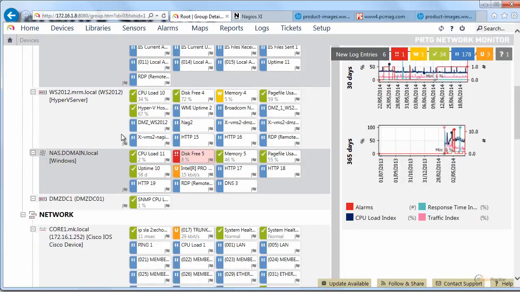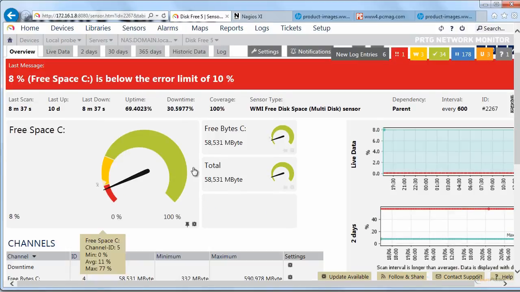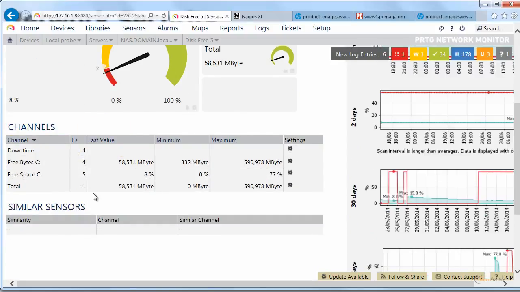Let me show you. Let's go to that guy, because that is a good example. The limit that I decided to go for was 10%, and it is in red because it is 8%. Now, well, actually it's not bad because the hard drive is 1 terabyte. Yeah, so it's not actually really bad. But